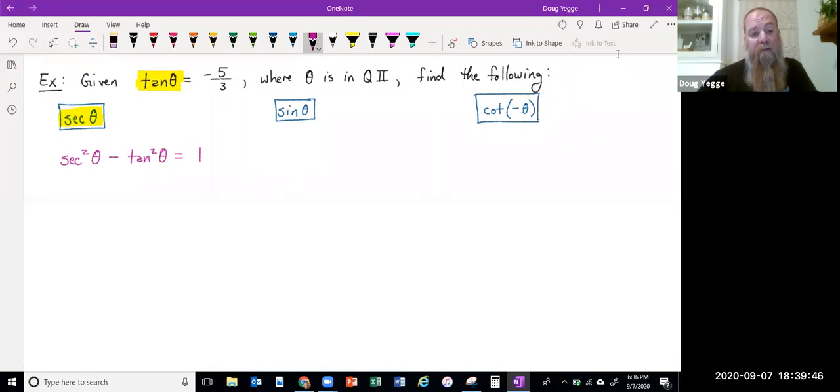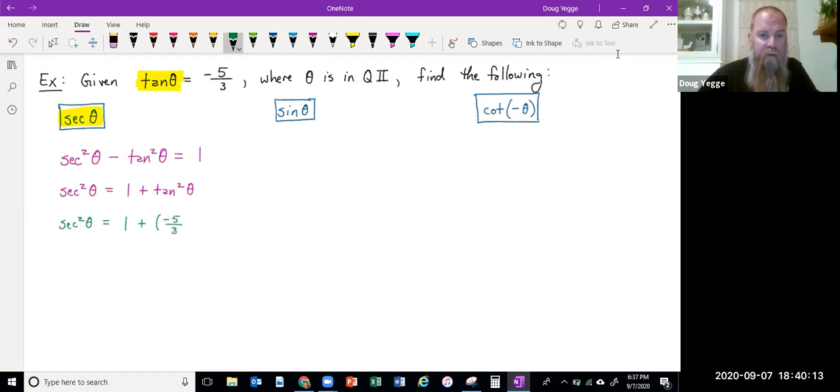So that implies that secant squared theta can be rewritten as 1 plus tangent squared theta. So we could go ahead and solve for secant squared theta by just replacing tangent theta with -5/3. So we get that secant squared theta is equal to 1 plus